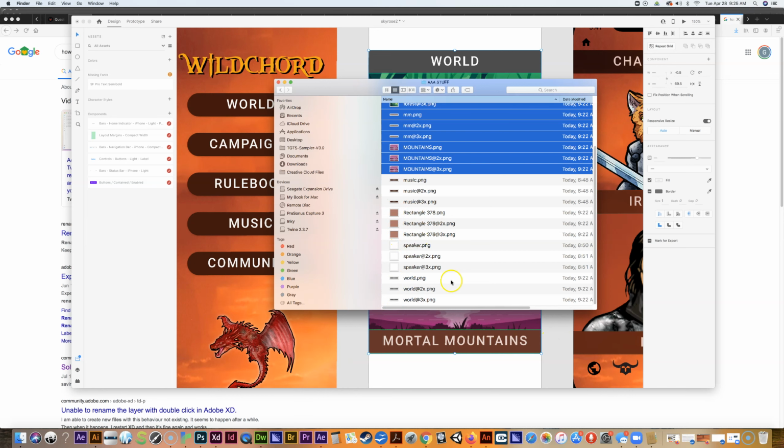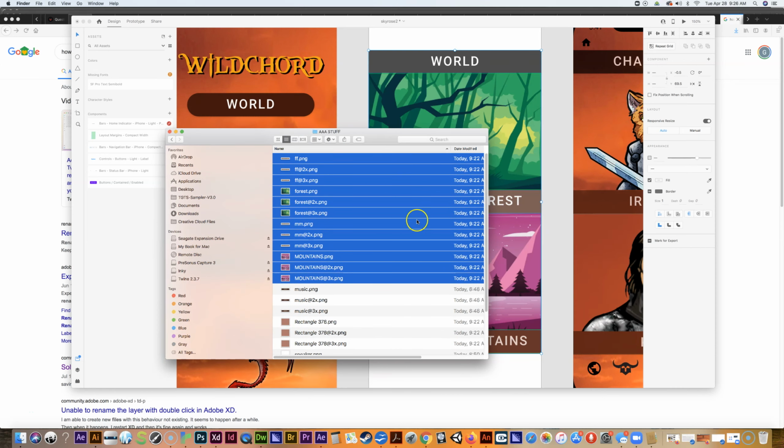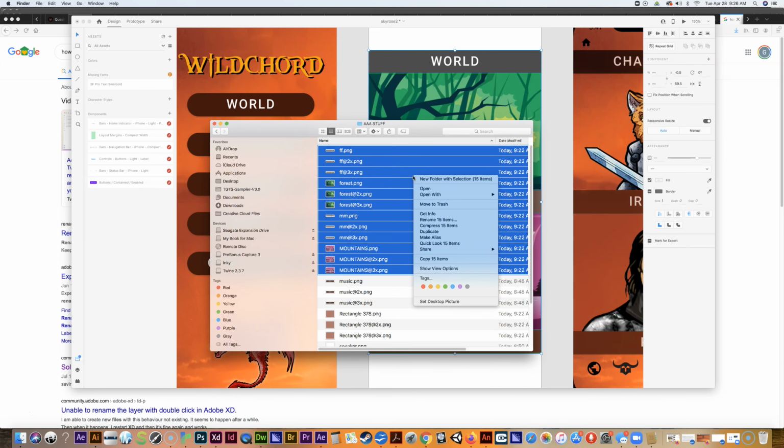It's probably an image behind all these other ones, but I'm not even going to deal with it because I don't need it. Now this one called world. I know I have a world button, but that has some bizarre name to it, so it's not called world. So I've got my world banner, I've got my mountains picture, I've got my MM, which is this banner, I've got my forest picture, which is this, and then I have my FF, which is this frightful forest banner, right? So I can copy all of that,